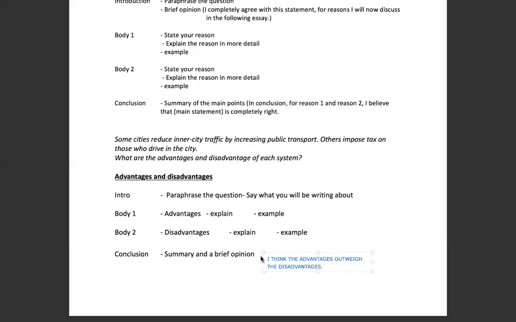Right, so this is an opinion here. The advantages outweigh the disadvantages. So that's a phrase that we could use. Right, let's look at the next type of essay,